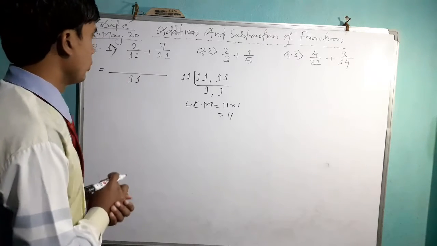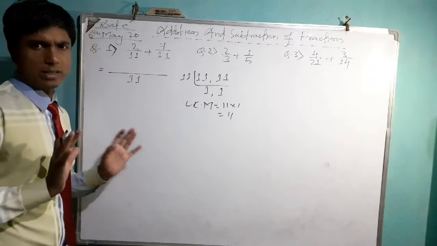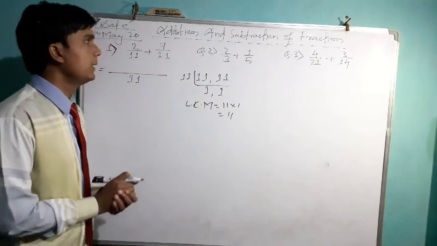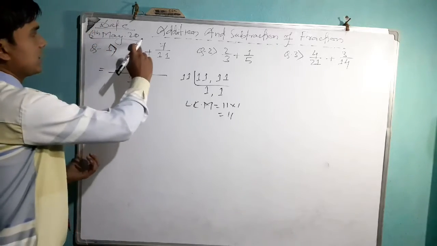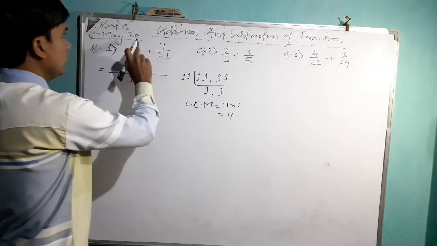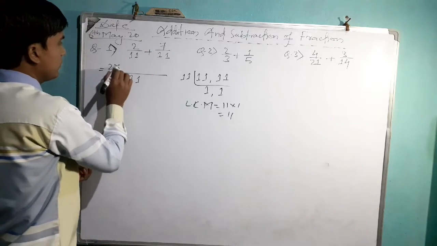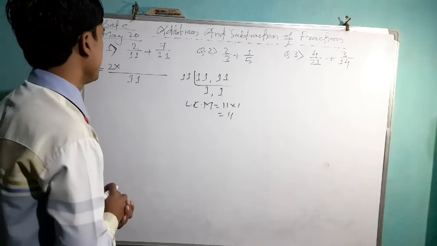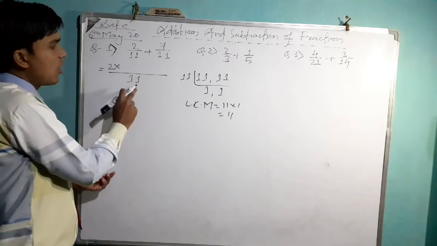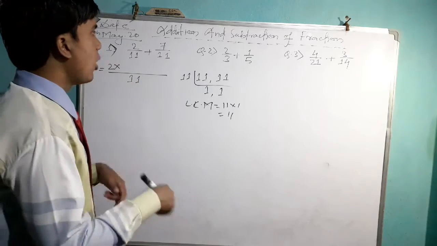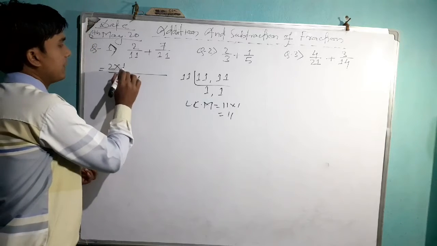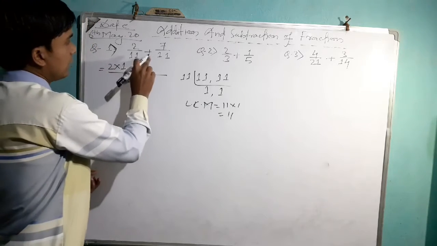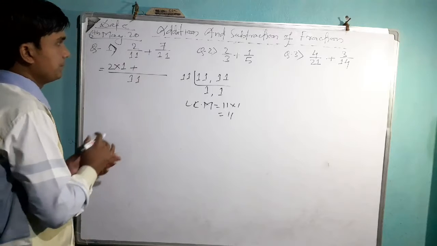Now the second thing we need to do, in a very basic and simple way I am teaching here. The first numerator is 2. This numerator we'll write here, then put a multiplication sign. Now see here, 11, how many times is it in 11? 11 ones are 11. Now the plus sign stays as it is.